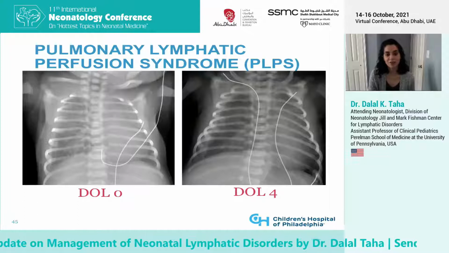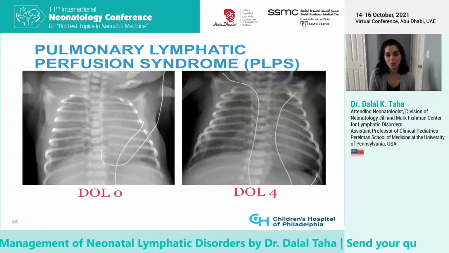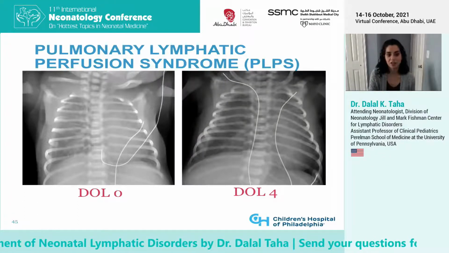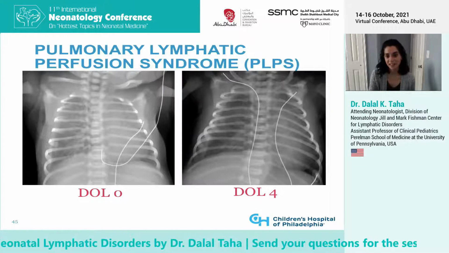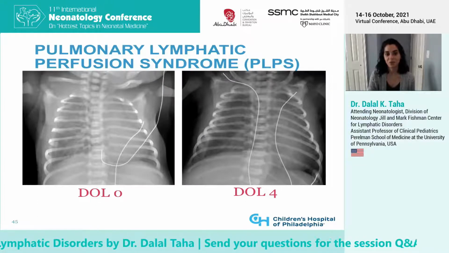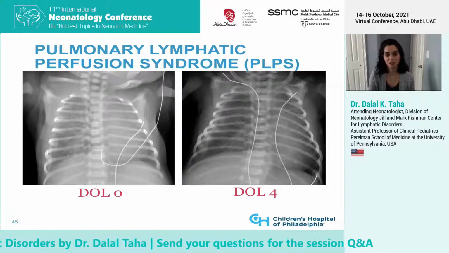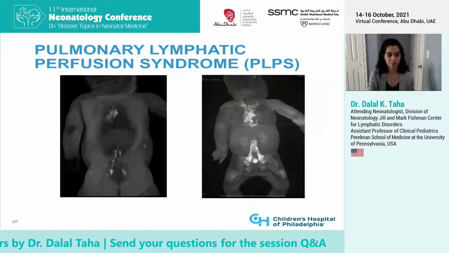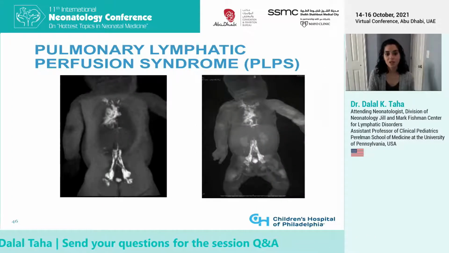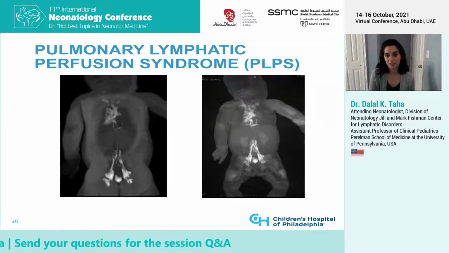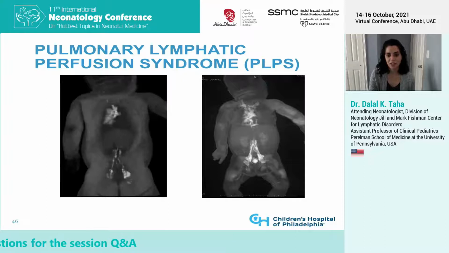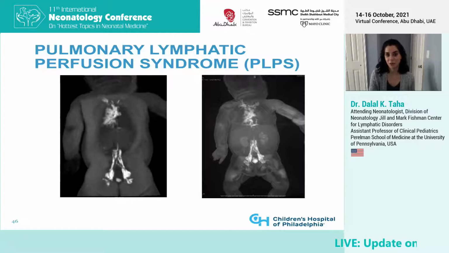The X-ray on the left was taken on day of life 0 and showed minimal pleural effusion. Due to her changing status, a second X-ray was obtained on day of life 4, and it showed an increase in the effusion size. At this point, she had lymphatic imaging done to determine if she could be treated, and this video and image was taken from her MR lymphangiogram showing an abnormal pulmonary lymphatic flow to the right lung only.